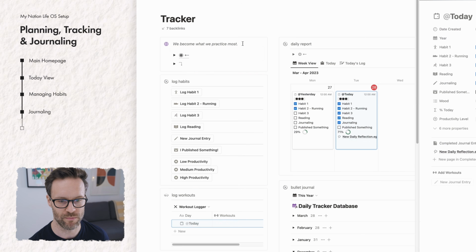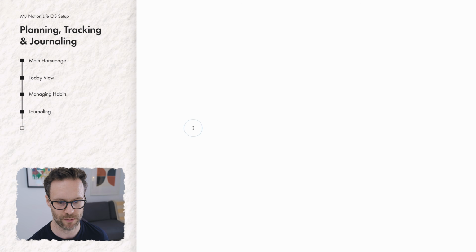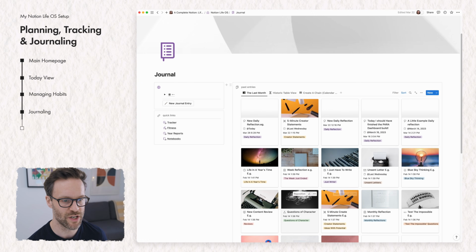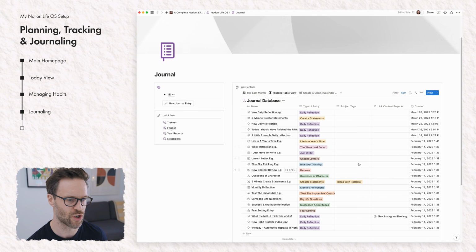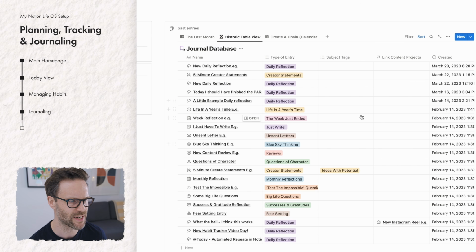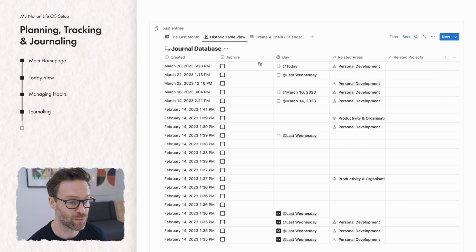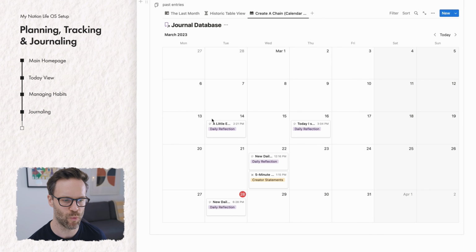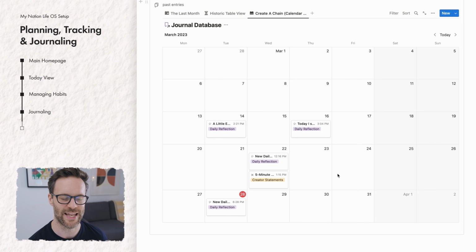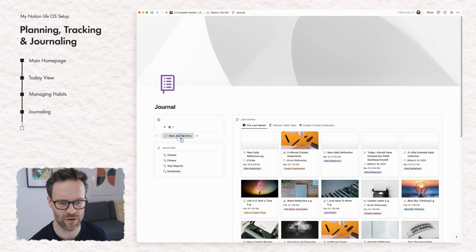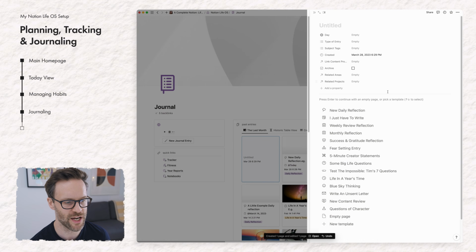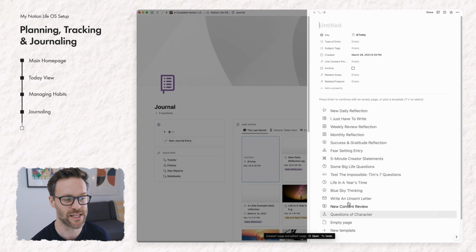If we jump to my journaling homepage, you'll then see all of the entries you've done in the last month. You can look at an historic table view, you can link subject tags, you can link it to areas and projects, and you can see how well you're doing with journaling on a calendar view. How about that? If I create a new example, you'll see I have this list of templates,